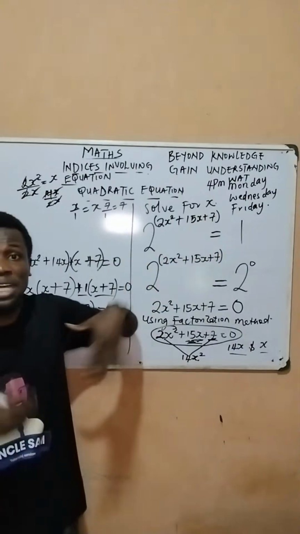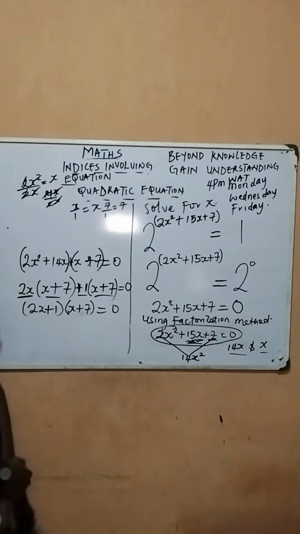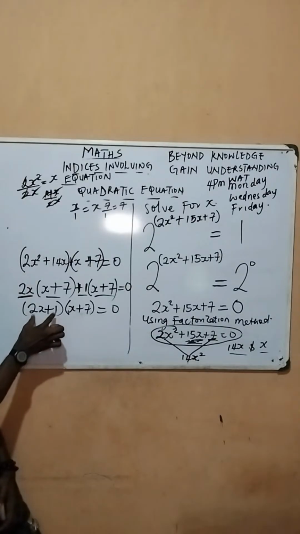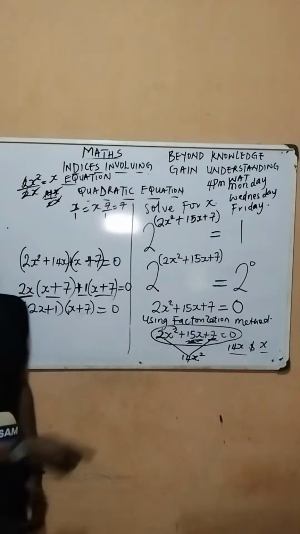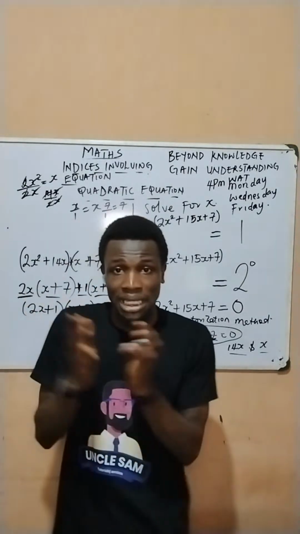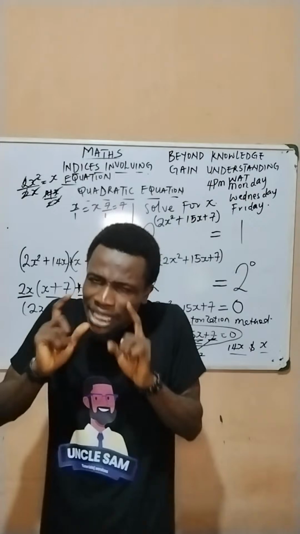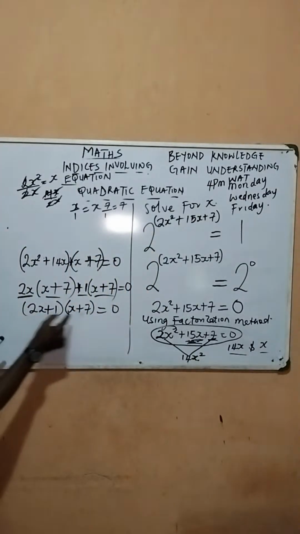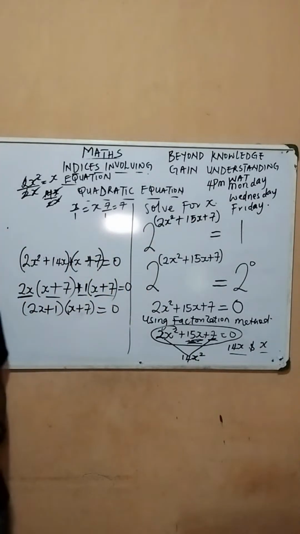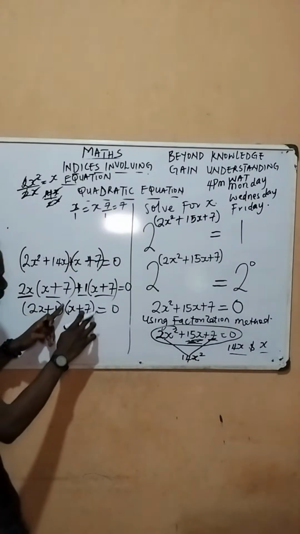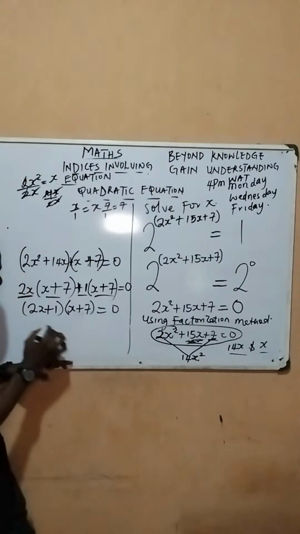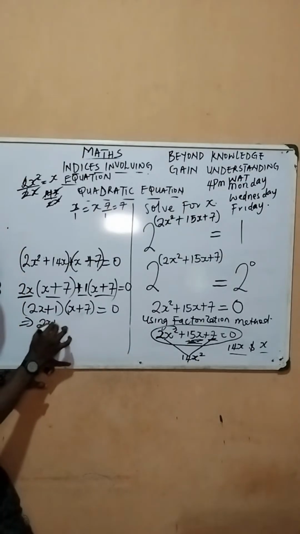Solve for x, we should find the value of x. So what do we do at this point? If (2x + 1)(x + 7) = 0, if two things multiplying themselves equal 0, it simply means that each of the expressions is equal to 0. So what do I mean by that? If (2x + 1)(x + 7) = 0, it implies that 2x + 1